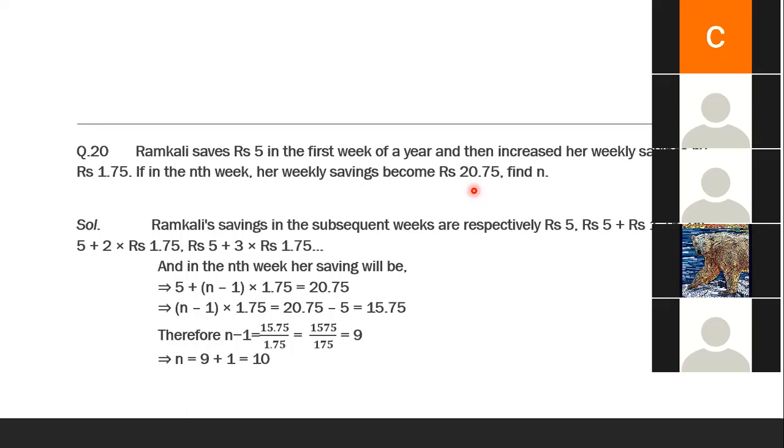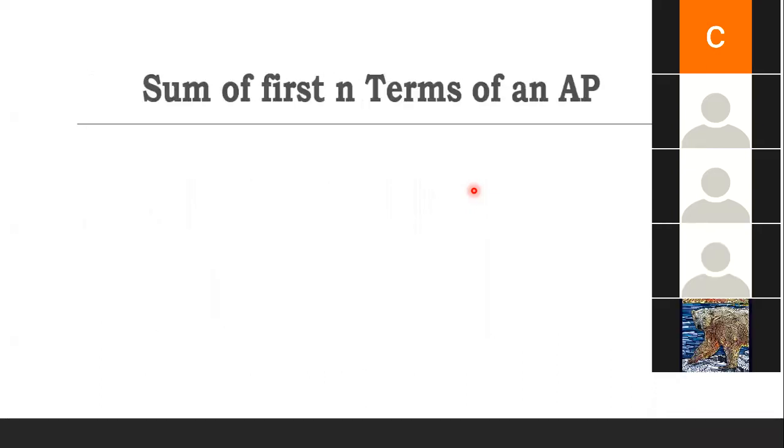So you need to add all these things. Here I'm going to teach without doing this. If I ask the sum of the first 5 prime numbers, meaning 2, 3, 5, 7, 11, you'll quickly be adding. If I take more numbers, what is the sum of the first 20 prime numbers? It will take a lot of time. Am I clear, children? To avoid that, we have the formula, the sum of the first n terms of an AP. So we'll see some activity in this one.